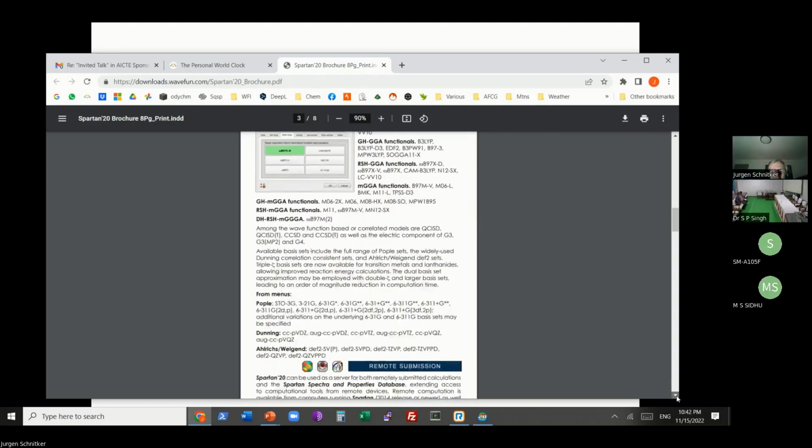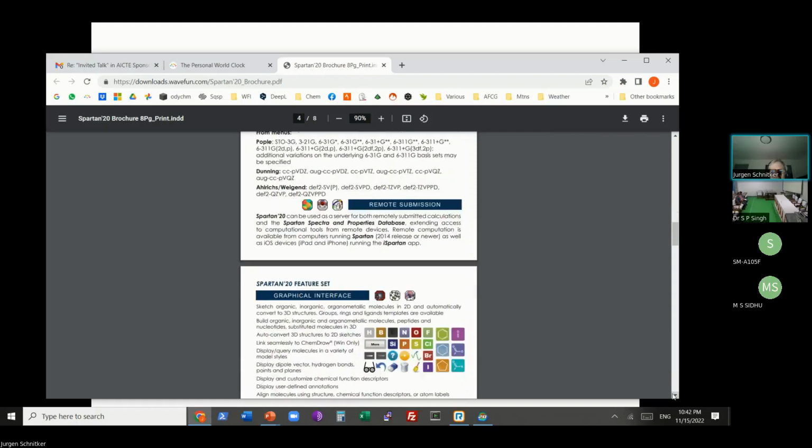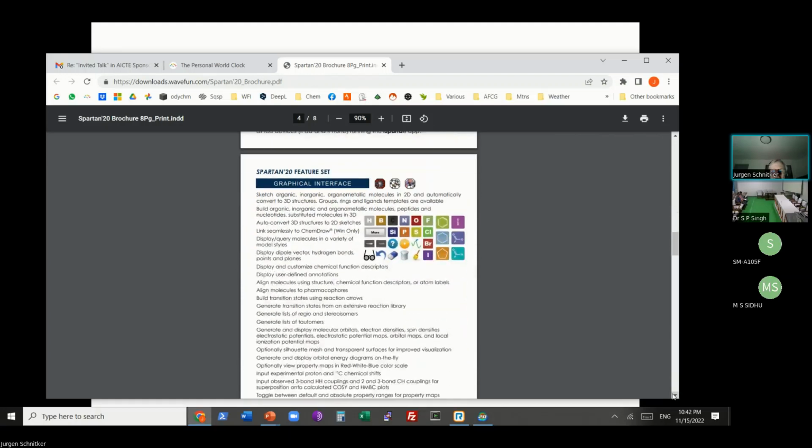There are different basis sets here, not only the Pople basis sets, but Dunning basis sets and Ulrich's Huzinaga basis sets.